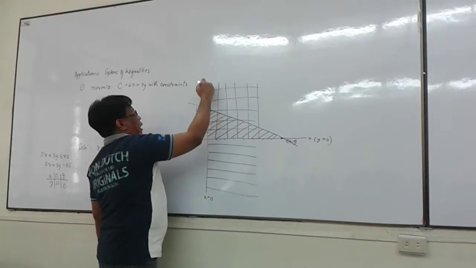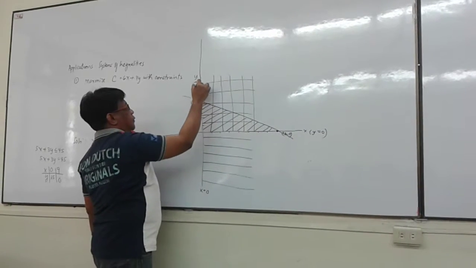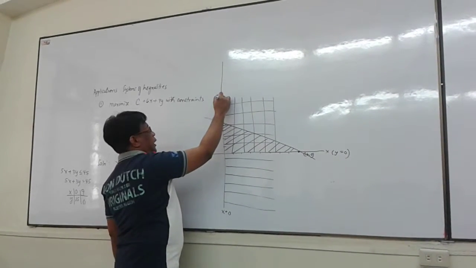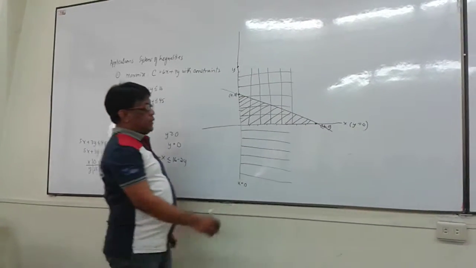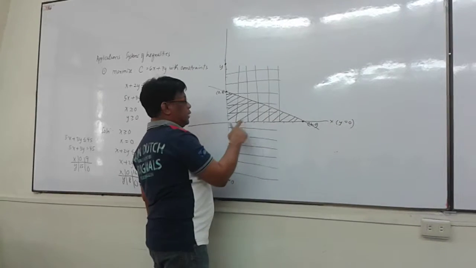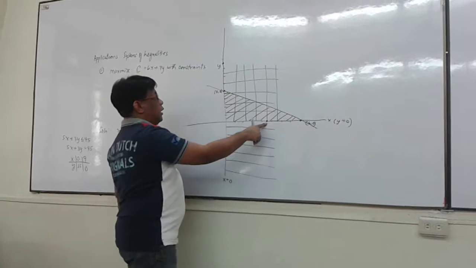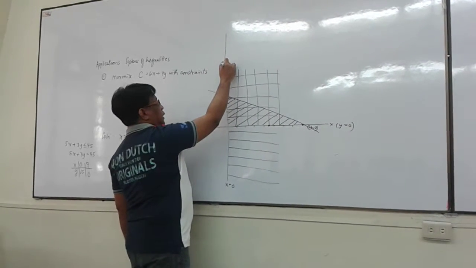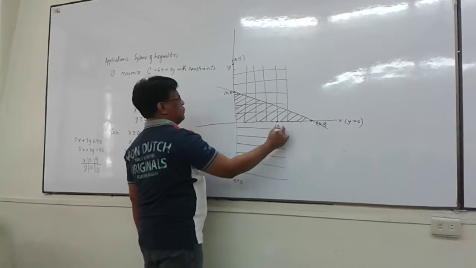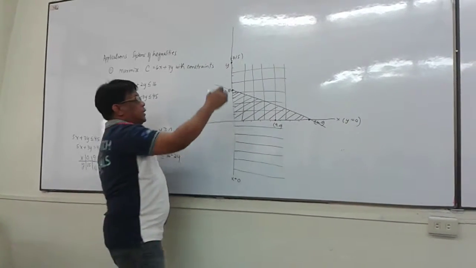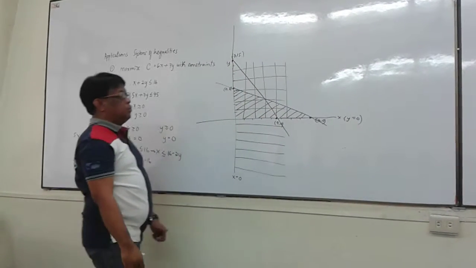So if this is now 8, let's continue: 8, 10, 12, 14, 16, okay? So this is now 15. What about 9, 0? Since we have already this as 16, 0, so 2, 4, 6, 8, 10. So let us just have it here, okay? So let us have this point now as 0, 15, and 9, 0. Then from here, let us connect these two points. Again, this is a solid line because of the symbol less than or equal to.